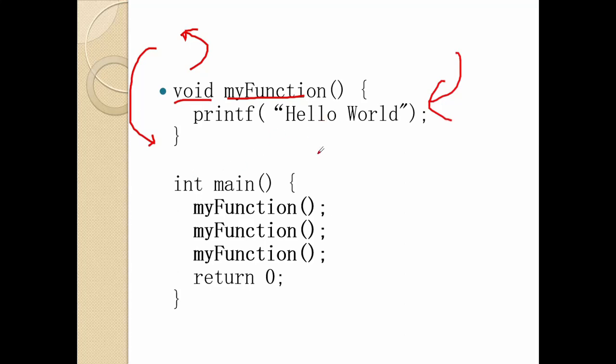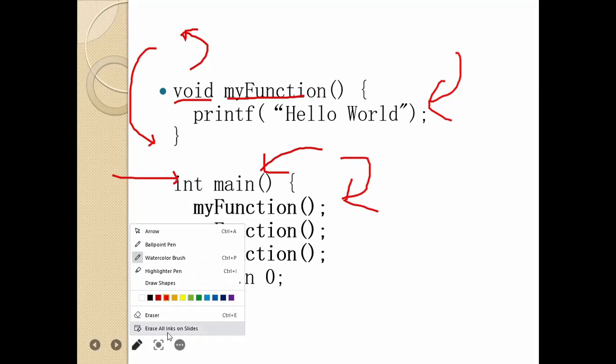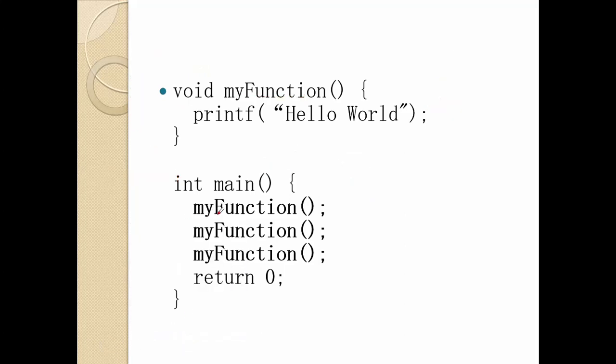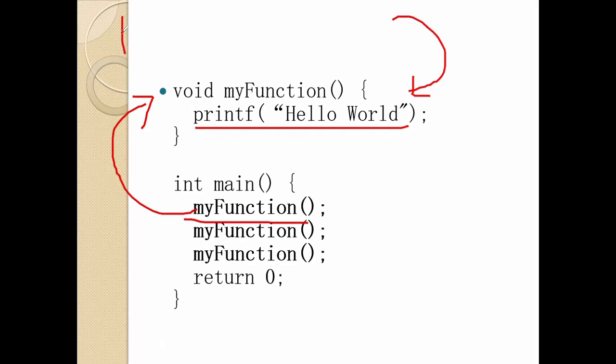And as I've said, main is the entry point of the program, and the whole execution will start from this main function only. Then the control will flow to the first statement, and this is a function call. So I've previously said that this is the way we call a function. We just write the function name, the brackets, or if there is no parameter then the empty brackets, and then a semicolon. So this is a function call that will invoke this function and will say that perform your task. So the task is to print hello world. So execution will come to this statement, and in the output window we will see a hello world printed,